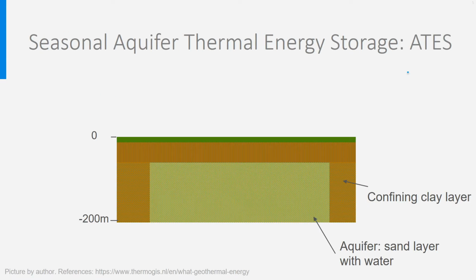Which brings us to the aquifer thermal storage systems, in which this problem of balancing the temperature in the ground is turned over into a great solution. Although they are much deeper than the heat exchangers we just described, aquifer thermal energy storage systems, so-called ATES systems, are generally considered as being shallow. What is an ATES and how does it work?